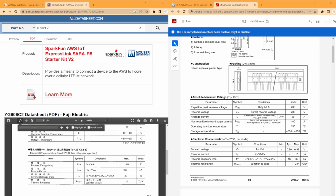IR is slightly different. Our reverse recovery time is quicker. Well, no, that's 200 V, so yeah, that makes sense. I don't think this is correct. Same microamps, but it's not really giving us the amp rating. So that must be our VR 200. But either way,